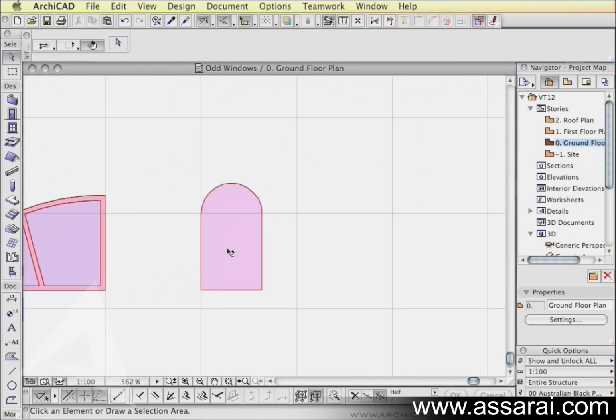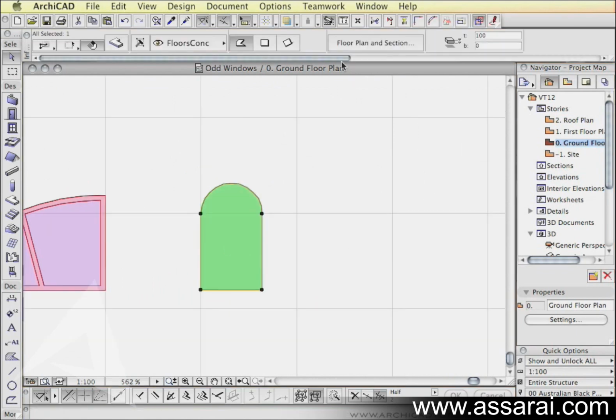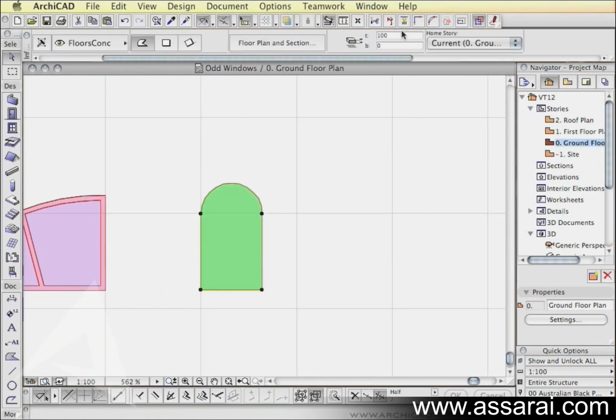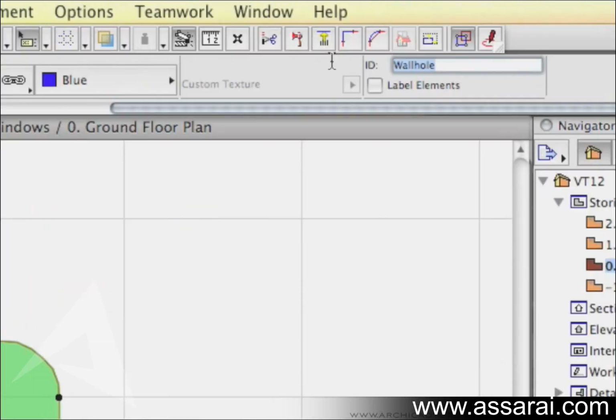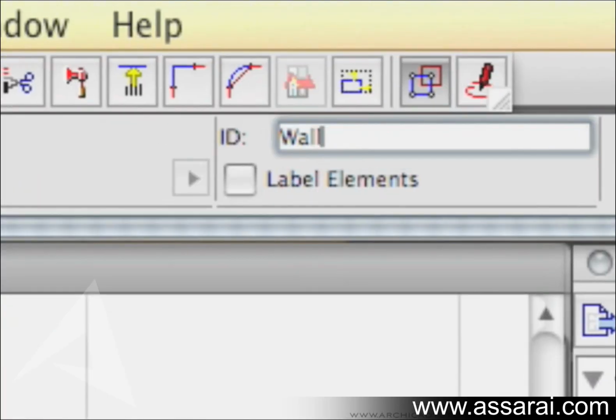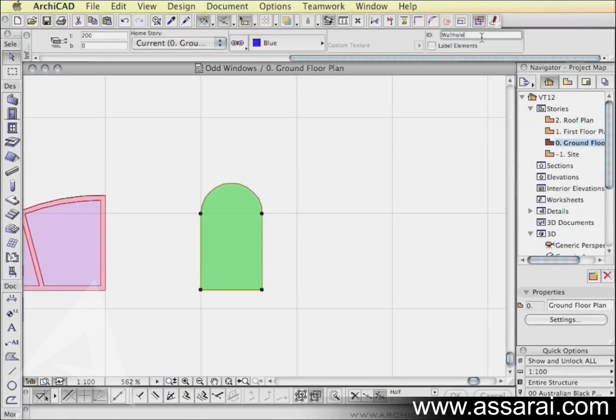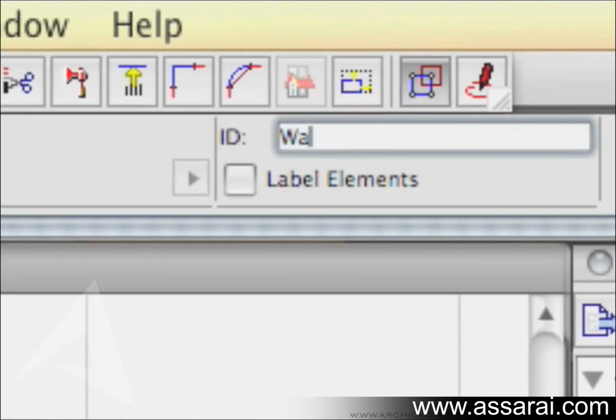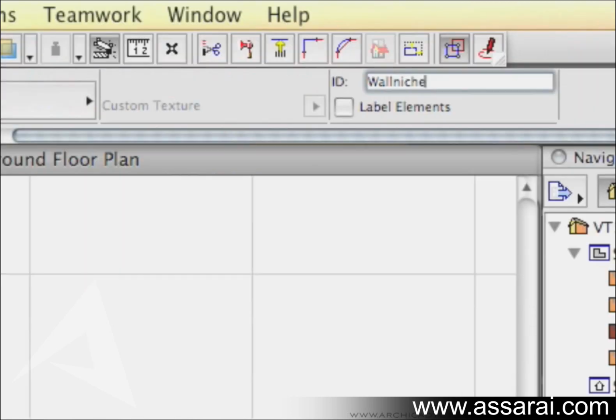I'm going to pick this slab and this time I'm going to increase its thickness to 200 just so it's clear, and I'm actually going to rename this to wall niche,